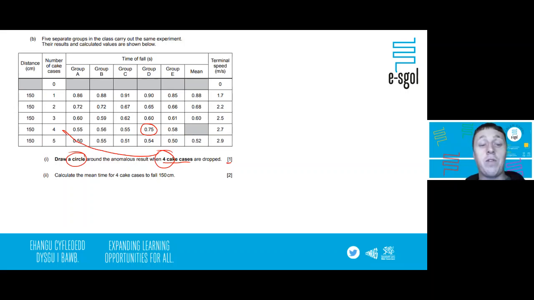Once you've answered that correctly, we can move to the next part, which is to calculate the mean time for 4 cake cases to fall that distance of 150 centimeters. For a question like this, we'd ideally be looking at the 4 values that do fit a pattern, and we would calculate the mean of those 4 values. The mean of 4 values is to add the 4 values and divide by the number of values we added, which was 4. So 0.55 plus